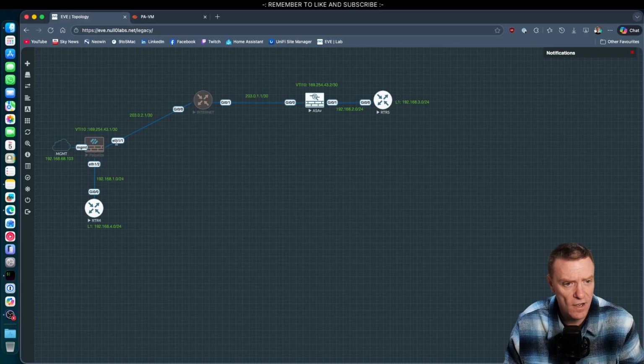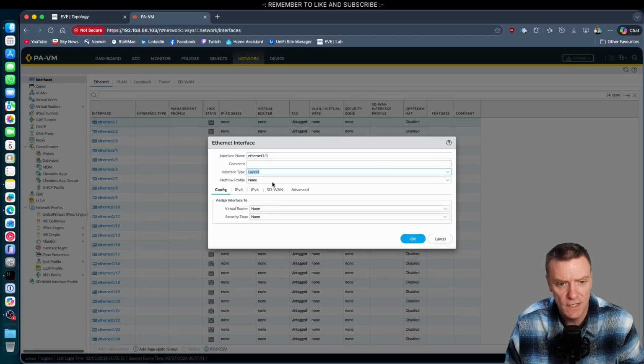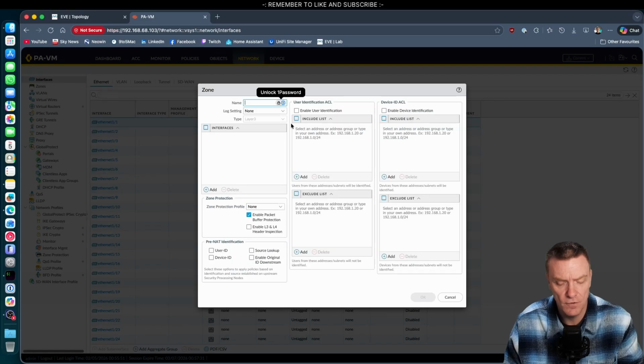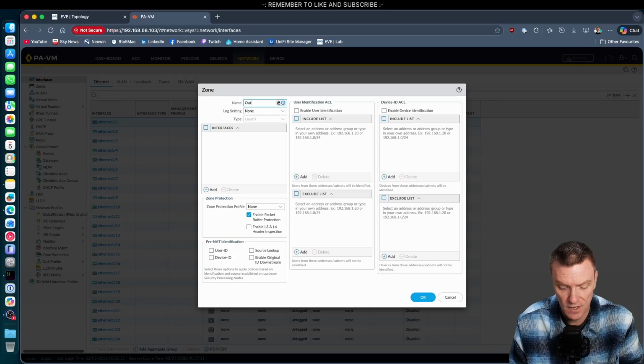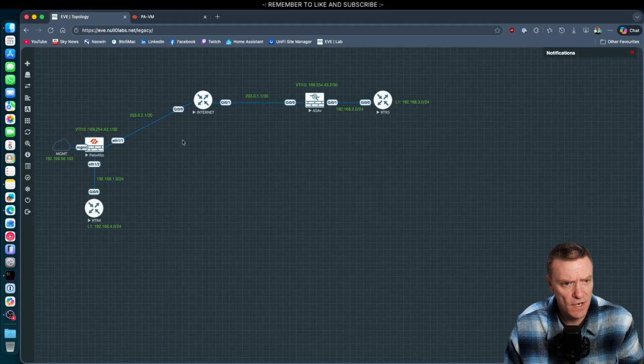Now, inside is 1/2, outside is 1/1. So let's start with 1/1. We're going to create a layer 3 interface. It's going to be part of our default router. I'm going to create a new security zone. We'll call this one outside so it's easy to follow along. So that is the outside interface. It's going to have an IP address of